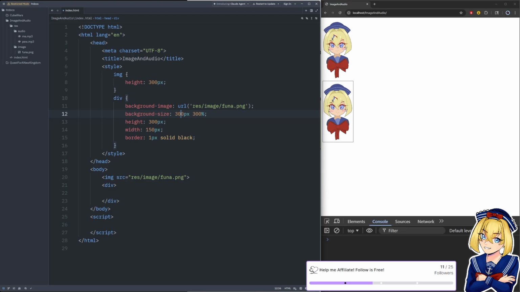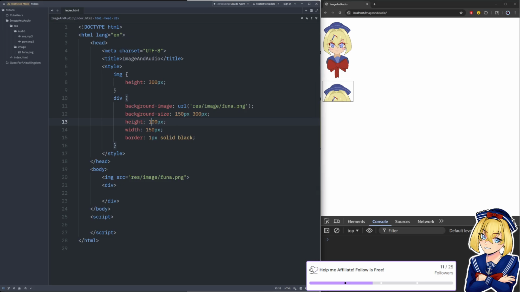Let's say 300 pixels and 150 pixels. Then it doesn't look like it's changed yet because we haven't adjusted the div. But what if I said I only want to see like the top of the image again, right? Let's say only the first third of the height. Now it's like cropping it down to be a third of what it was before, right?